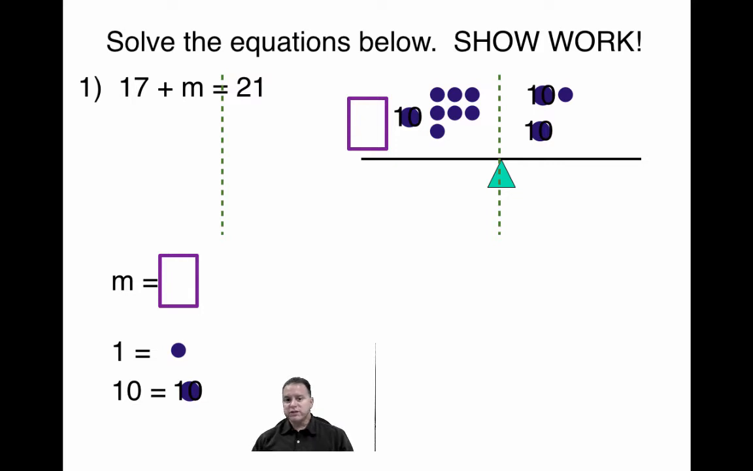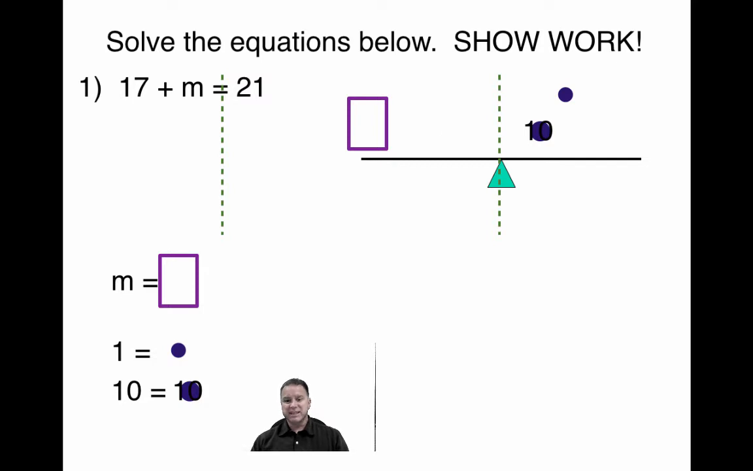We want to get rid of stuff. Our goal is to get the box, the variable, by itself. So if we remove something from one side, we have to remove it from the other. Remember, keeping our equation balanced. I'm going to take a 10 off from the left. That means I have to take a 10 from the right. I'm going to take 7 dots away from the left,